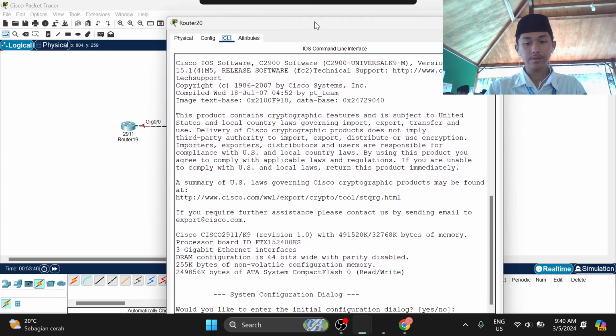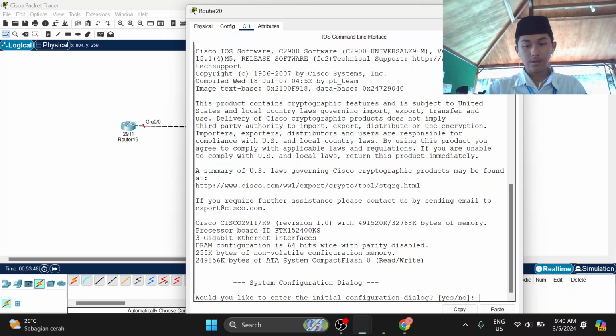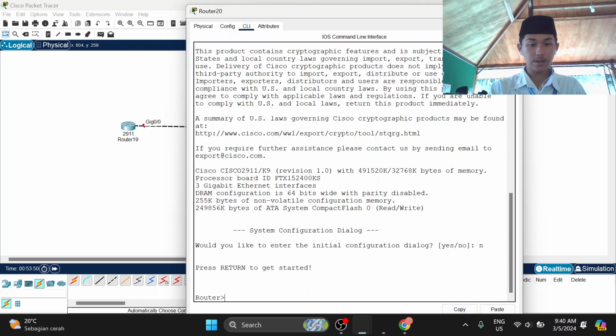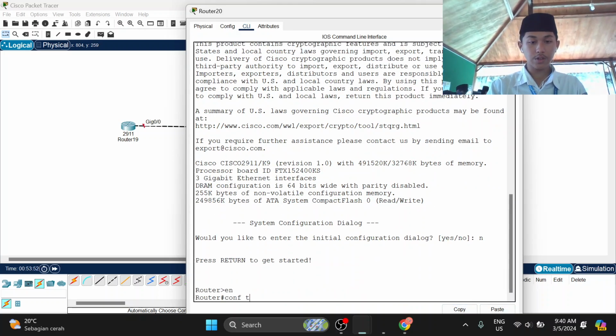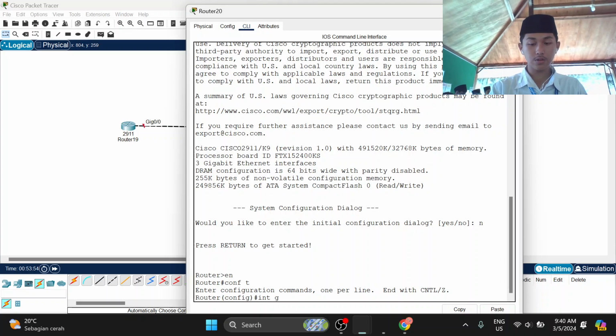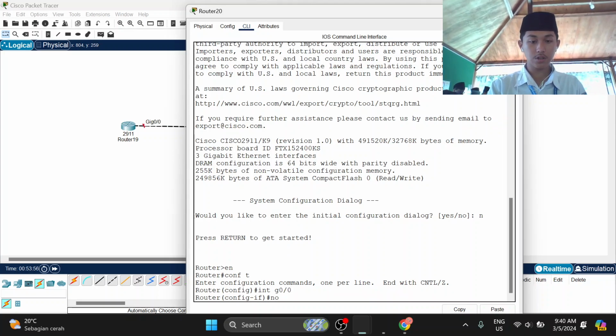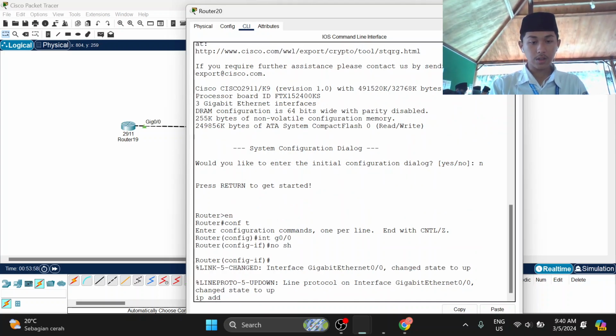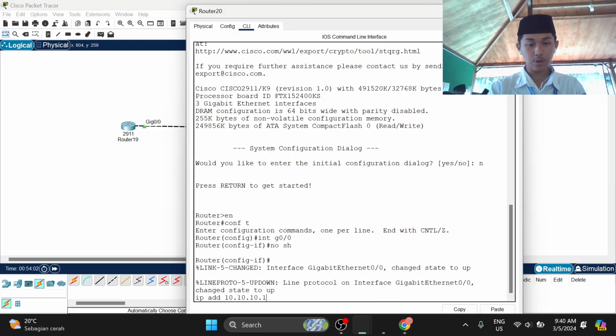CLI, no, enable, configure terminal. Then let's turn on the interface again. No shutdown, IP address 10.10.10.2, sorry, with a prefix of 24. Enter.